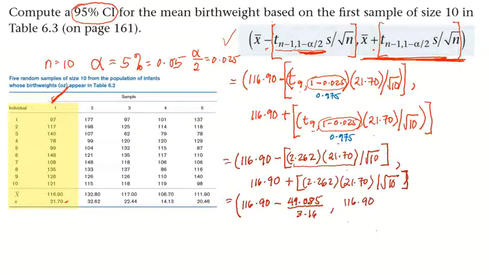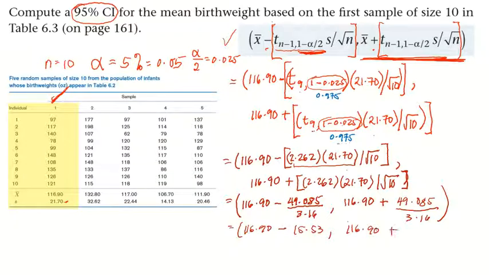116.90. Instead of minus, we have a plus. And then the same numbers, 49.085 over 3.16. So we are now starting to see the interval. So this is just 116.90 minus 15.53, and then comma. On the right side,